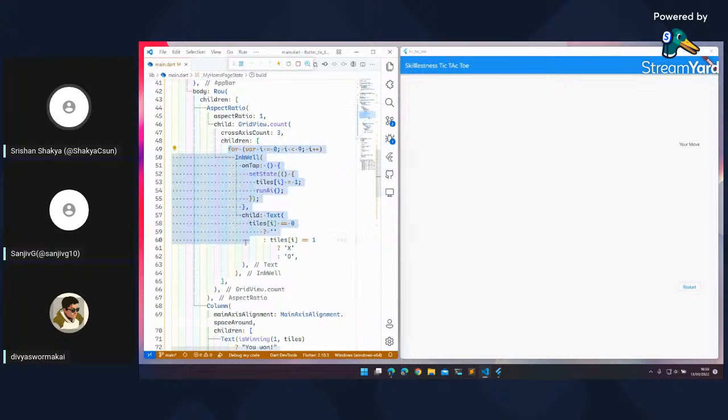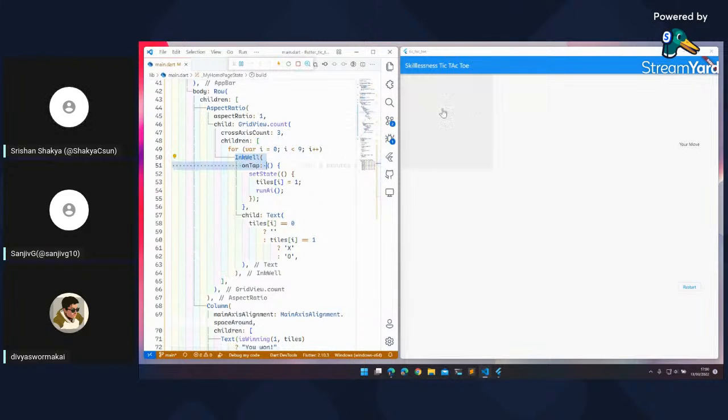I don't think this is available in other languages as far as I know. But what it does is this box bracket just creates a list, and inside the list we can run some for logic and also if logic. This is something very interesting that I found while I first started learning Dart, and we can do this some other way also. But what we are doing is we have a total of 9 increments of the I variable, and we are just creating an inkwell.